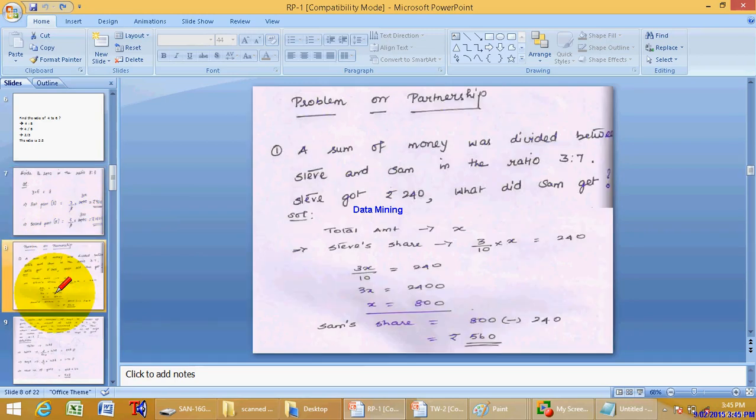Yes, this is the third model. See, we can call this a partnership problem too. So partnership again gets mingled with the ratio and proportion concept. See here, I'll read out the problem. A sum of money was divided between Steve and Sam in the ratio 3:7. Steve got rupees 240. Then what did Sam get? See, in the previous problem, the total amount was there and the ratio was there. We have to find out the individual shares. Here the condition is reversed. The situation